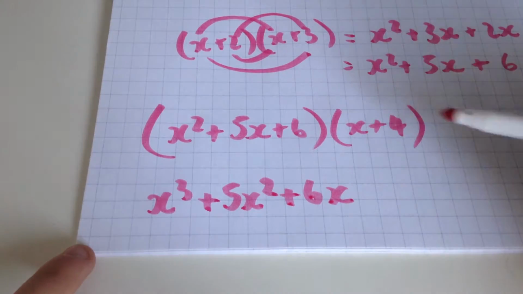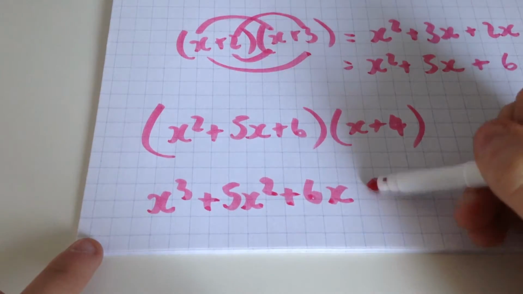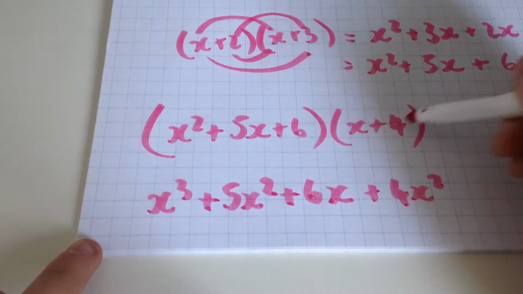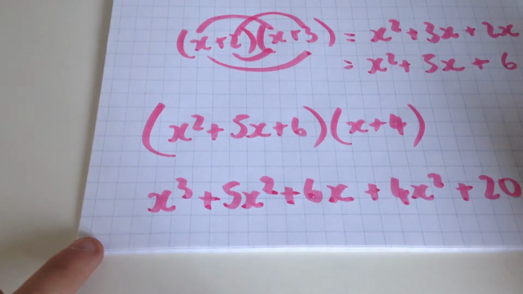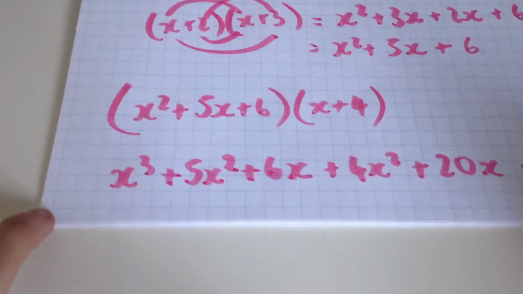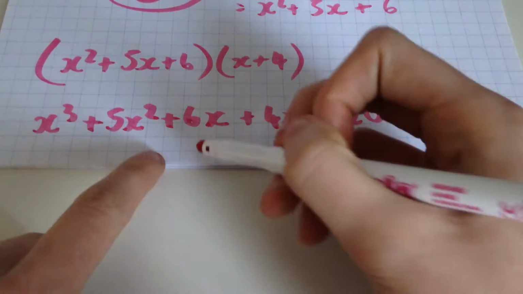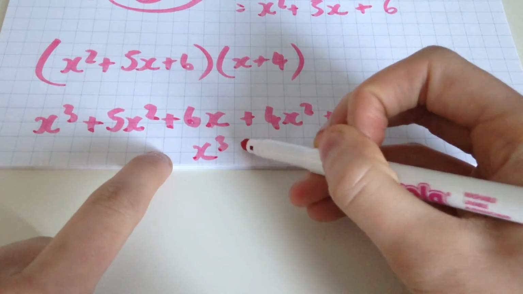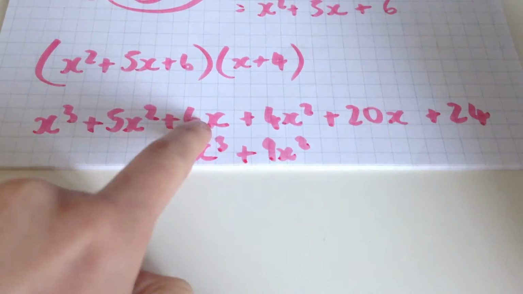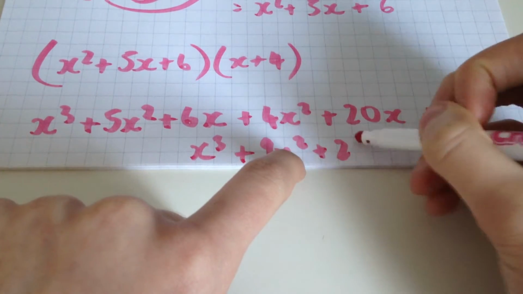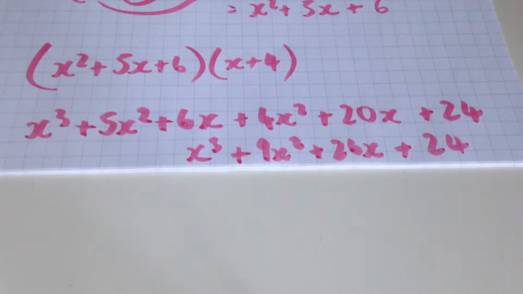Now we do the same because we've got to times everything in this bracket by 4. So 4 times x squared is 4x squared. 4 times 5x is 20x. And 4 times 6 is 24. Right, just move up there so you can see. And then if we simplify that, it's going to look like x cubed plus 5 plus 4 x squared, that's 9x squared. 6x plus 20x is 26x. And then we've got 24 on the end. That's how we do